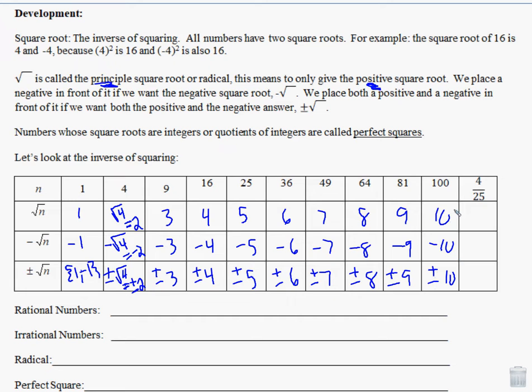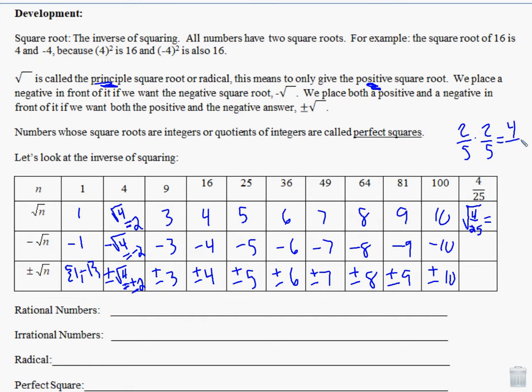Now this last one, you should easily be able to do it. If I put a square root sign over 4/25, I'm sorry, we're trying to think of some number that you multiply by itself that would give me 4 over 25. Wouldn't that be 2/5? 2/5 times 2/5